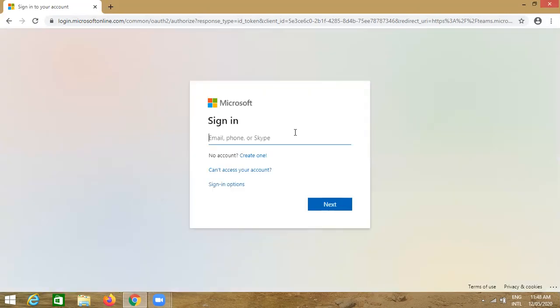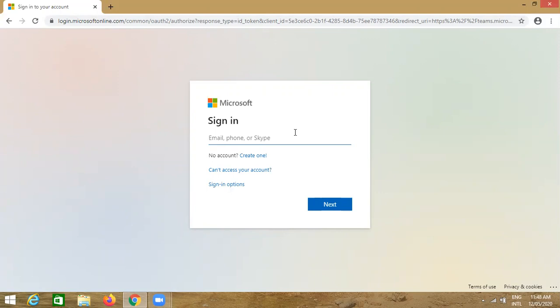Here you will find your dialog box for entering your username. Whatever the username given to you, write that and log in with that name.